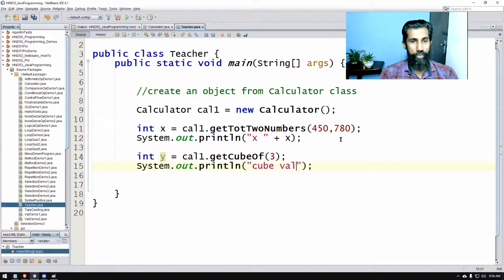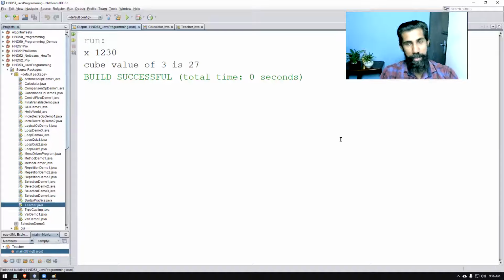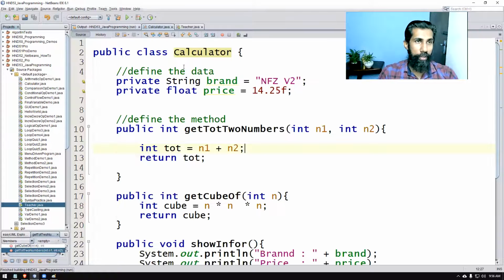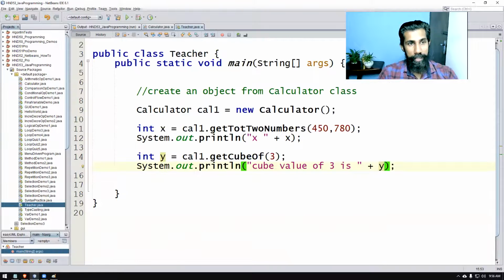Let's say cube value of... right? So if you run that one, cube value of 3 is 27. Who does that calculation? Your calculator class does that object. Calculating the cube value and everything has been implemented here, not here.